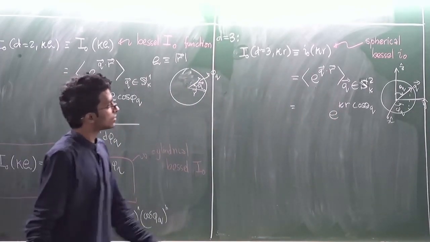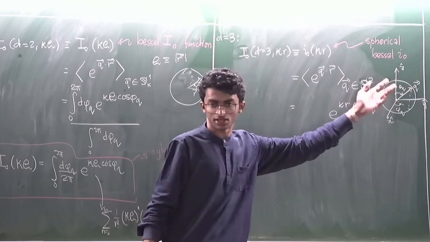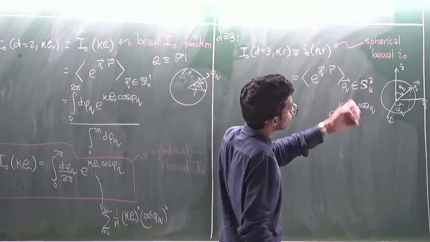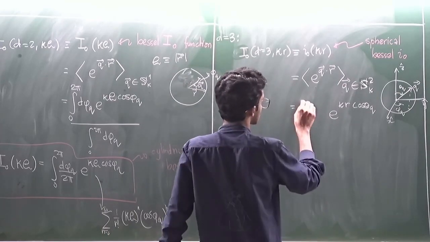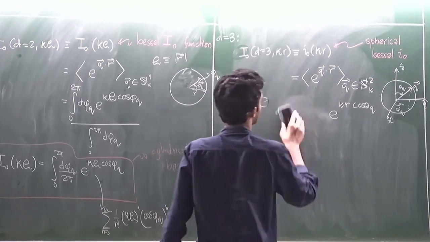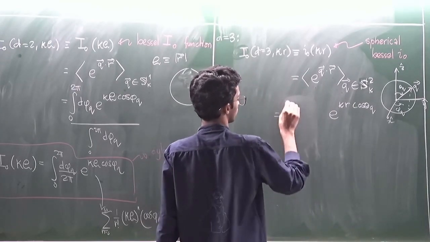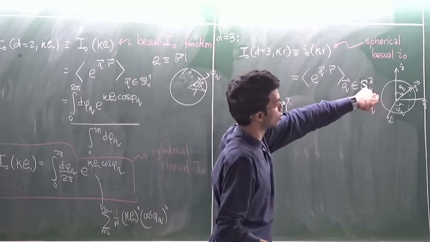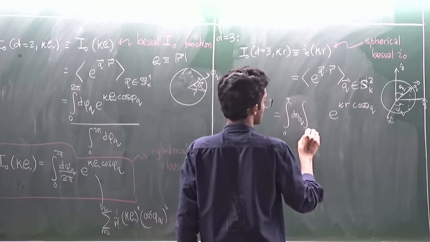So q dot r will just have the polar angle. And you have to integrate q over the full sphere, which means theta q has to go from 0 to pi, polar angle goes from 0 to pi, and the azimuthal angle should go